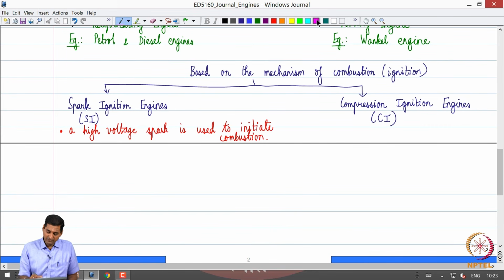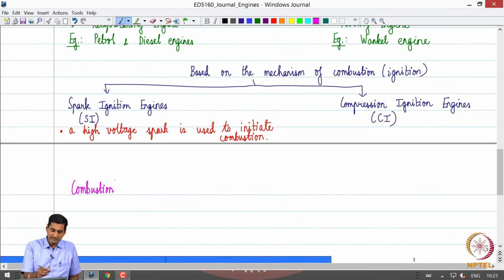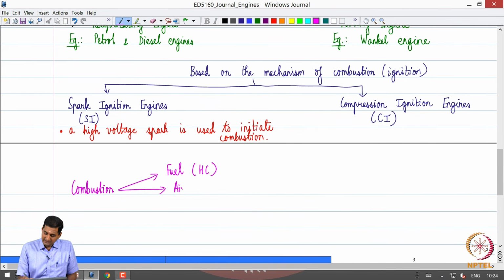So, in general, if you are looking at combustion per se, that is the process by which fuel and air are mixed together and ignited in an engine to convert the chemical energy in the fuel to thermal energy. That is the first energy conversion process that I talked about, right. So, you need fuel, which is typically hydrocarbons. We need air, mainly oxygen in the air, because it is an oxidation reaction chemically, and we need